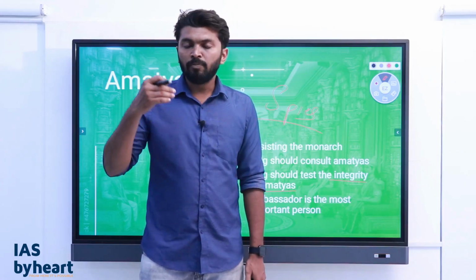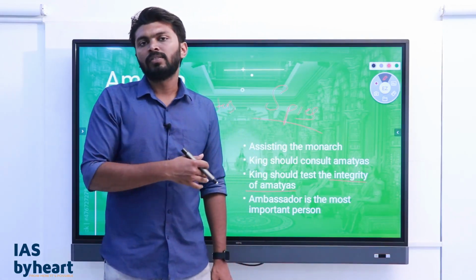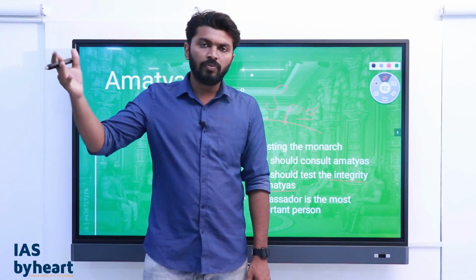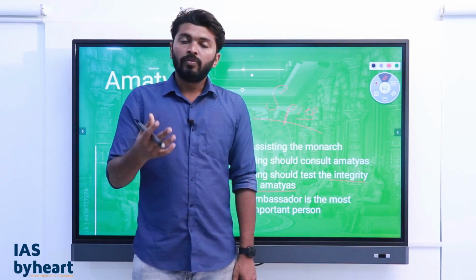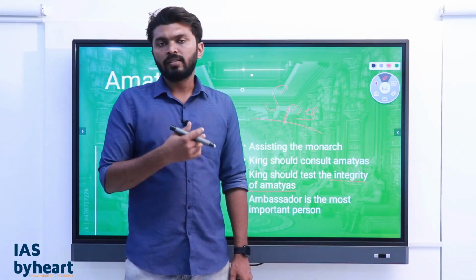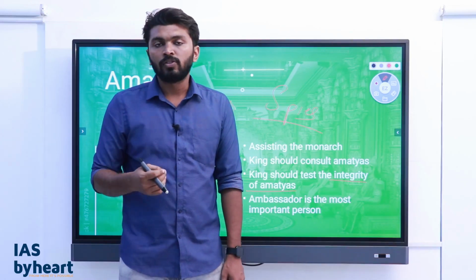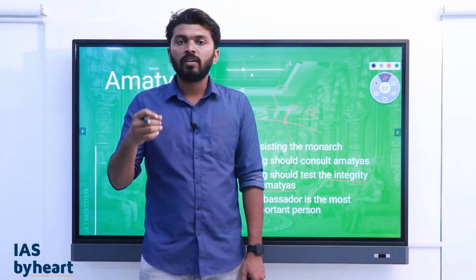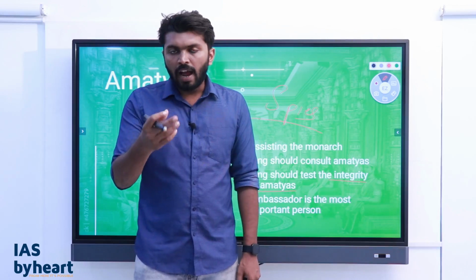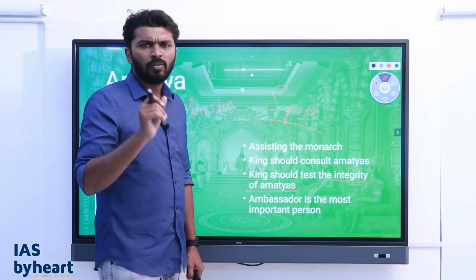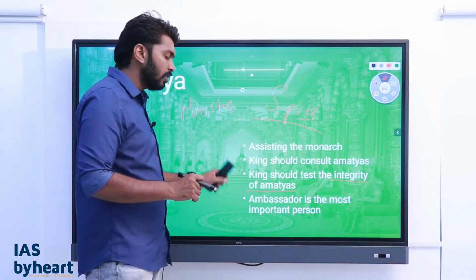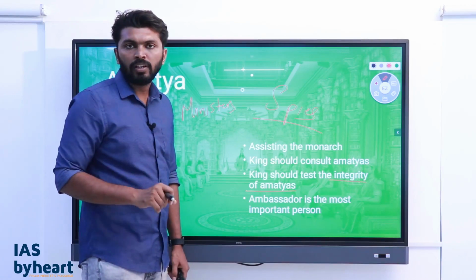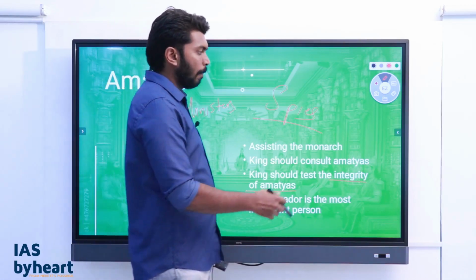Chanakya mentions many important roles for these ambassadors. They are nothing but envoys to different countries. So there are various qualities Chanakya describes as the qualities of an ambassador. He should be a man of integrity. He should be a man of his word. He should be a handsome, beautiful person. These are certain qualities which Chanakya says should be there before appointing a person as an ambassador, that is, envoy.